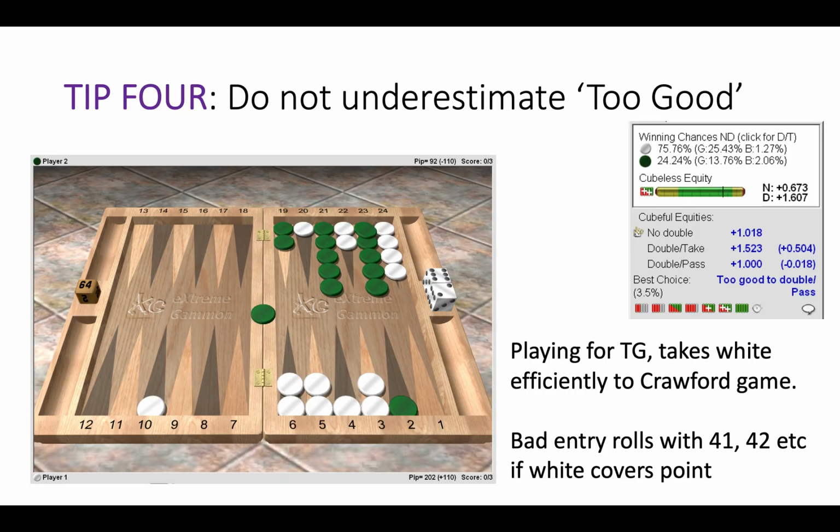Now here it is actually a too good to double scenario with white. Now the tip here is do not underestimate too good positions, particularly at certain match scores. Now even though white has 7 checkers back, it simply is too good, because if he is to cover his